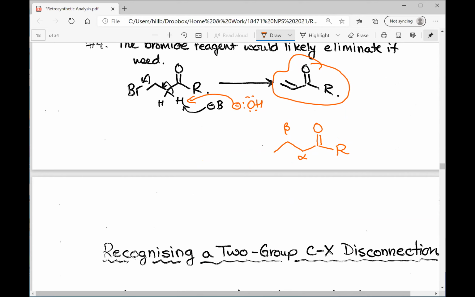If you've got a nucleophile on the beta carbon, then Michael addition, or 1,4 addition, is